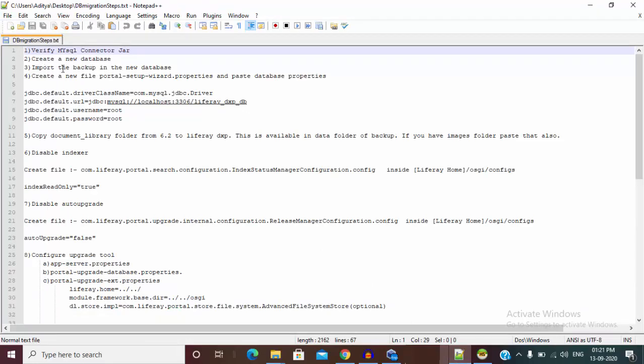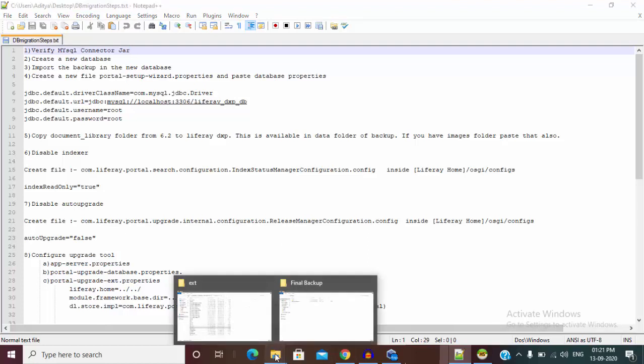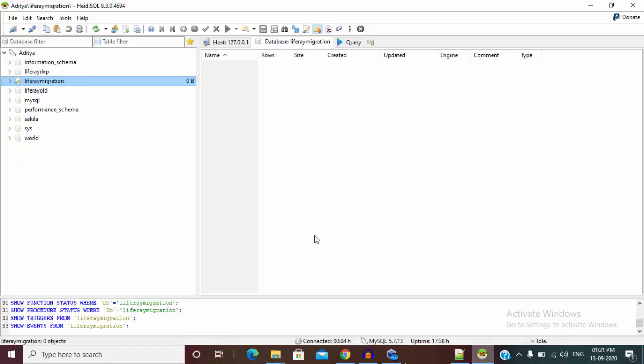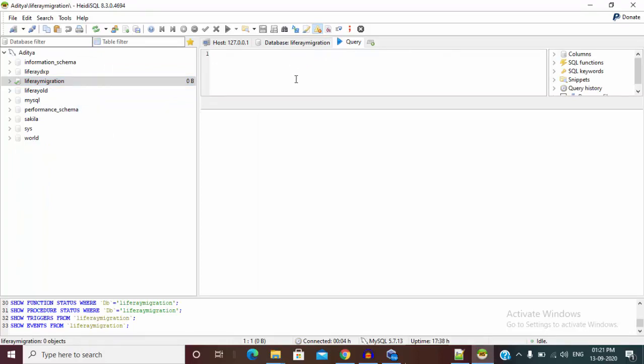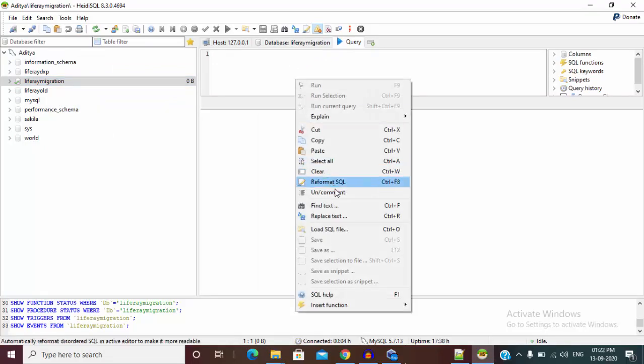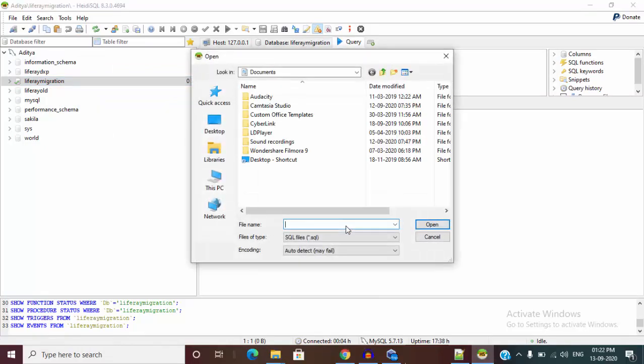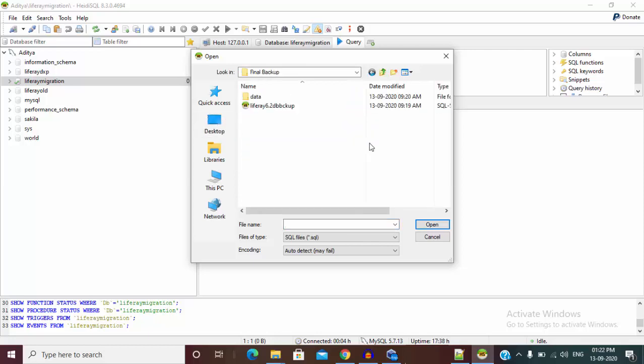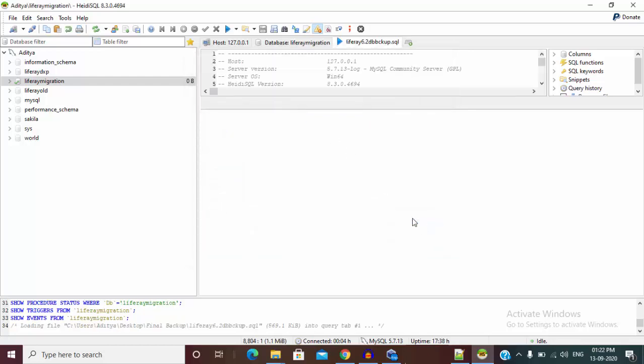The third step is import the backup in the new database. So we have this backup. Let's import it to this Liferay migration database. Click on this query, right click, load SQL file, and open. Now click on this play button.